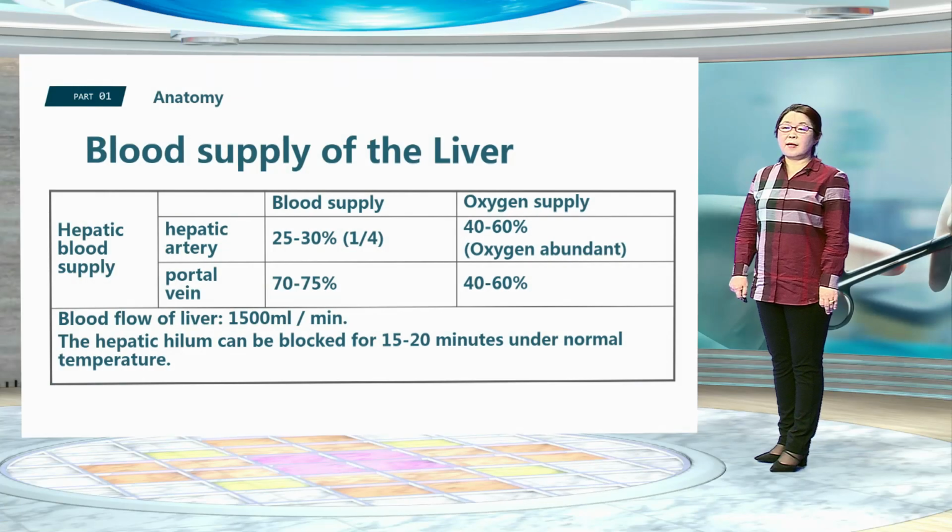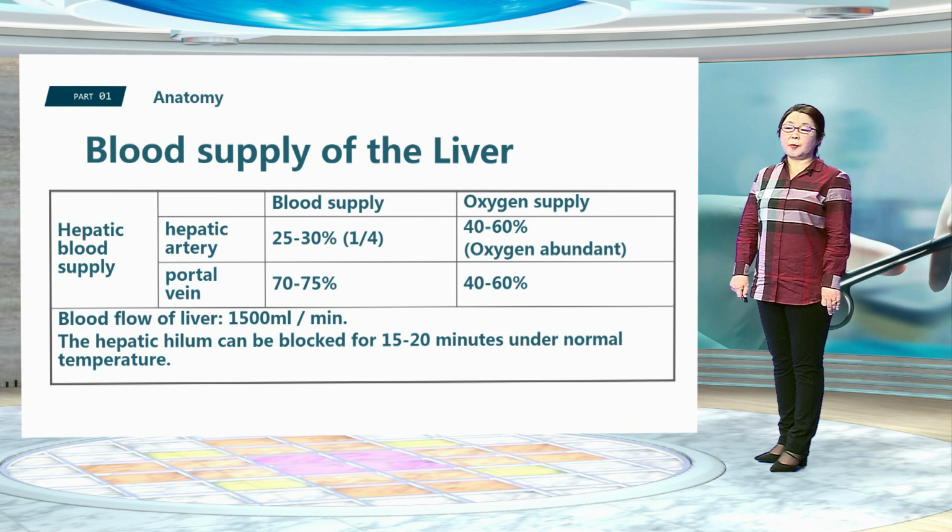The liver has a dual blood supply consisting of hepatic artery and portal vein. The hepatic artery delivers approximately 25 to 30% of the blood supply, and the portal vein delivers about 70 to 75%. Oxygen is very abundant in hepatic artery, and the blood flow into the liver is about